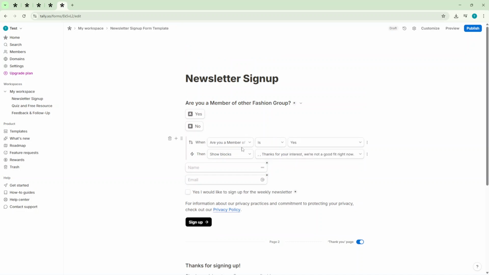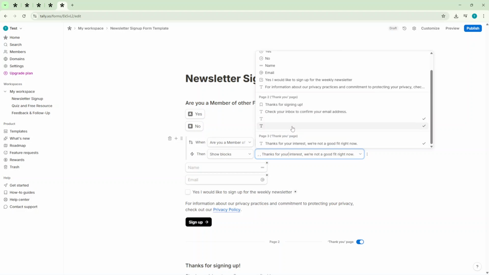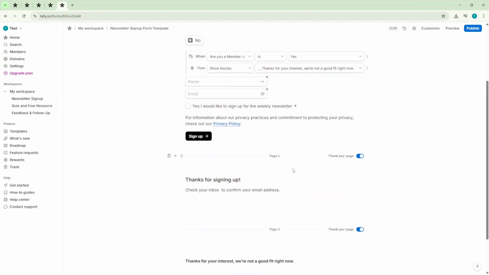For the answers that should disqualify someone, set the rule to show blocks, then pick the disqualified message block. This ensures that when a disqualifying answer is chosen, your form immediately displays the correct message instead of continuing to the rest of the form. If you have more than one disqualifying option, add rules for each one so they all route to the same